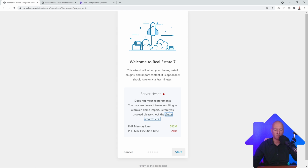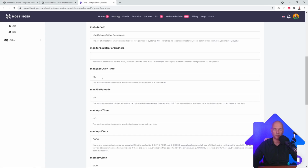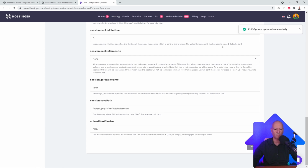So if you go back here, you can right click here, open a new tab. These are the theme requirements. And as you can see, the max execution time should be 9999. So copy this value. And now let's paste it here, just like that. Now we're going to save this. Okay, very good. As you can see,